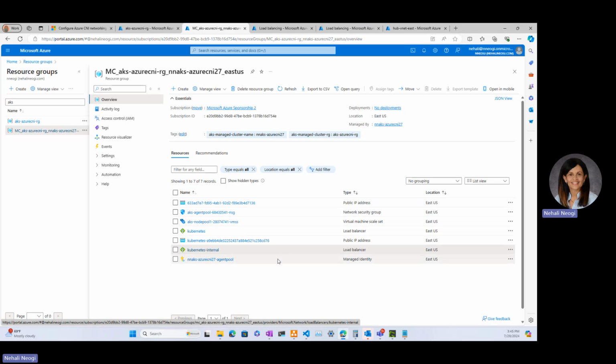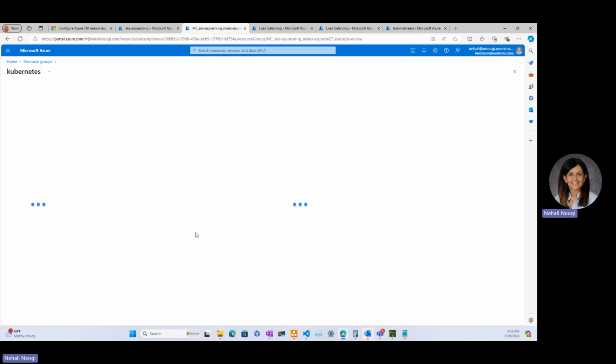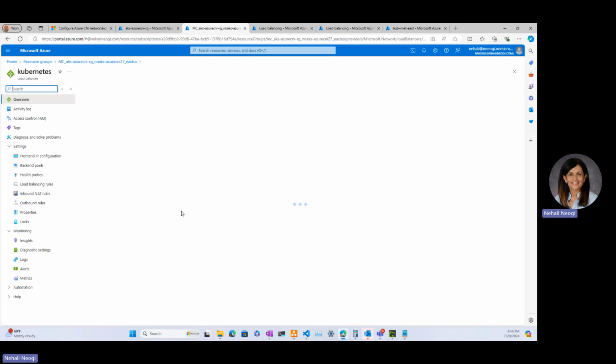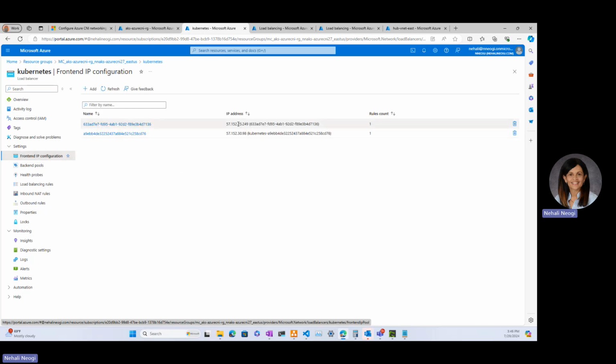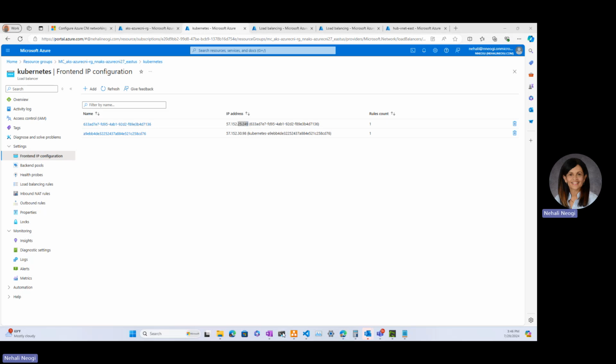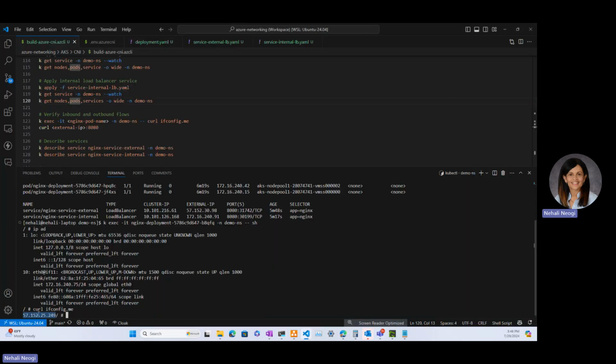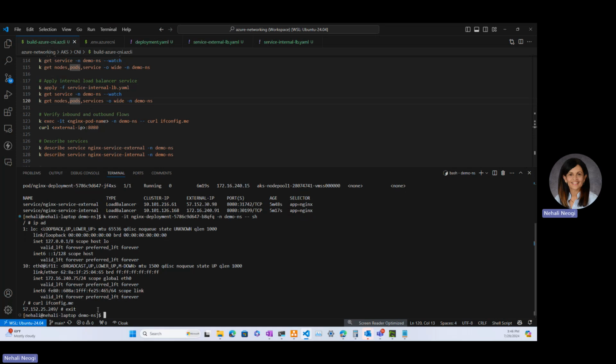So coming back here, this is the outbound IP of the load balancer. There are two IPs on the load balancer, 25.249, and that was the IP that we saw, 25.249. Okay, so that's the outbound traffic from the pod going through the load balancer, and let's validate inbound to